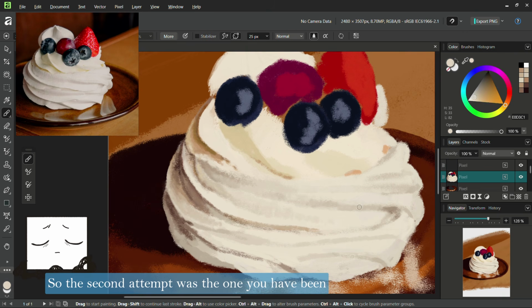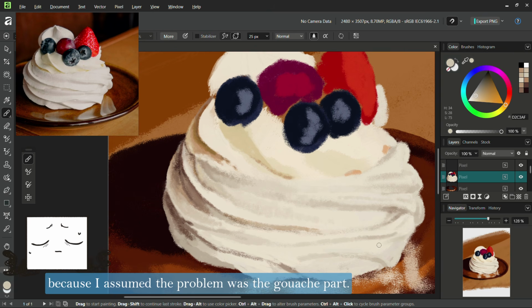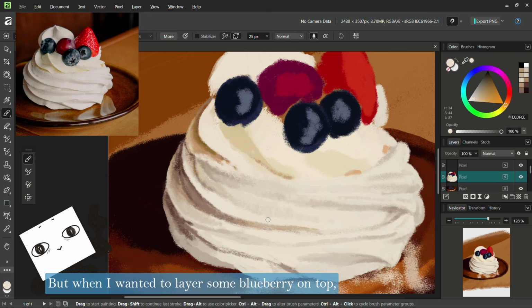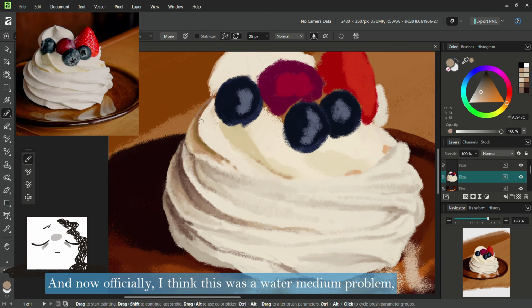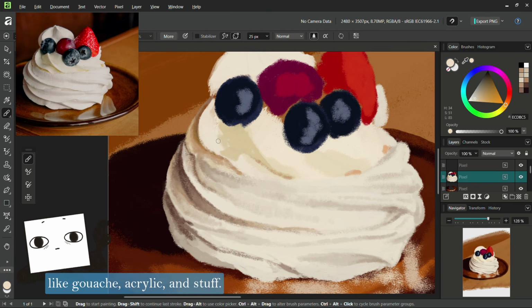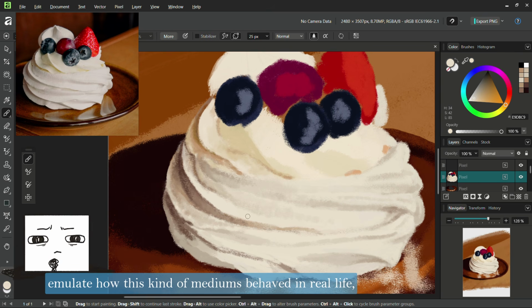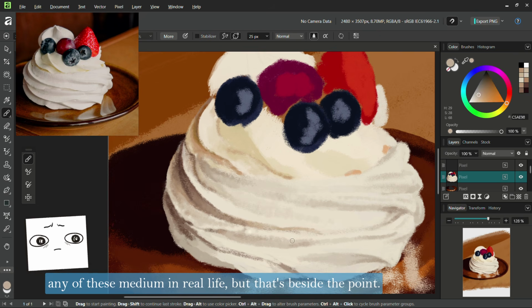So the second attempt was the one you have been seeing from the beginning of the video, and I began this one with another brush from the acrylic category because I assumed the problem was the gouache part, and the same thing happened again. The cream part went very dandy, but when I wanted to layer some blueberry on top, all I got was just a ghost version of it. And now officially I think this was a water medium problem, like gouache, acrylic and stuff, and I suspected they were made that way because people wanted to emulate how these kinds of mediums behaved in real life, which made me wonder did they ever touch any of these mediums in real life, but that's beside the point. Anyway,